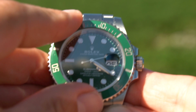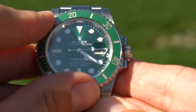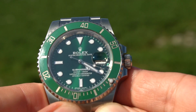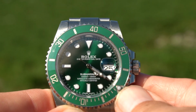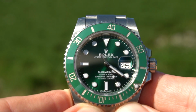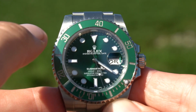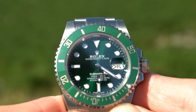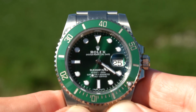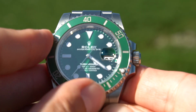Now, I'll show you how the dive bezel works. If your dive is 20 minutes, you rotate the bezel so that the pip lines up with the minute hand. And you know your dive is 30 minutes. So when you get to the 30-minute mark, that's when you need to be back up again. Now, if you accidentally turn it the wrong way,